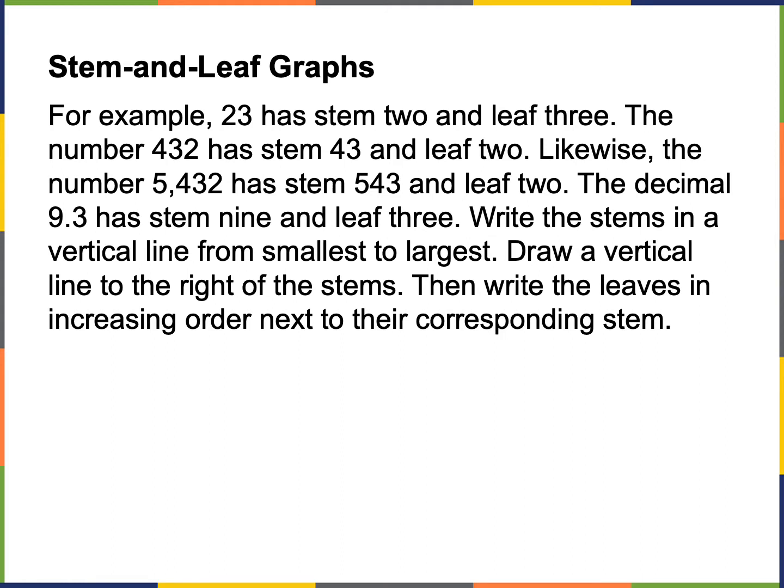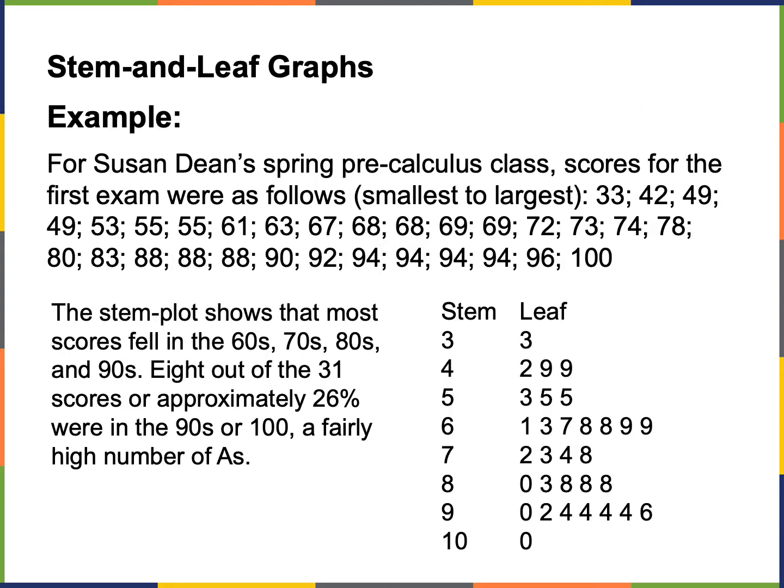So how do we create this graph? We write the stems in a vertical line from smallest to largest, then you draw a vertical line and write the leaves in increasing order next to their stem. Let's do an example. Of course, where would we be without super fun examples? Okay, let's see here. We have Susan's pre-calculus class. Scores for the first exam were as follows,